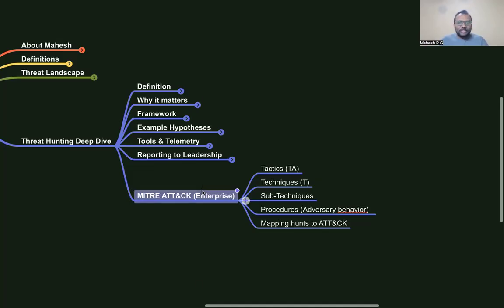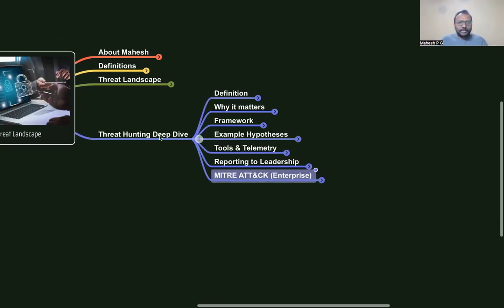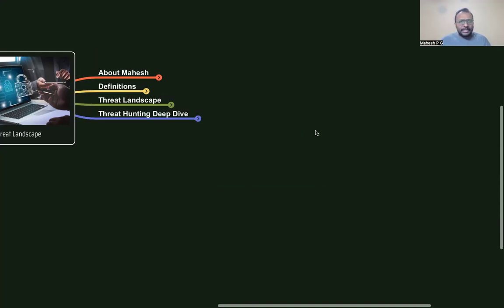This is all about the threat hunting deep dive on a foundational understanding, and you can start with these things. You can read a lot of threat intelligence advisories, which can also help you do proper threat hunting in your infrastructure. Let me stop the share, and with this I believe you got a better understanding about the threat landscape, threat management and threat hunting as well.